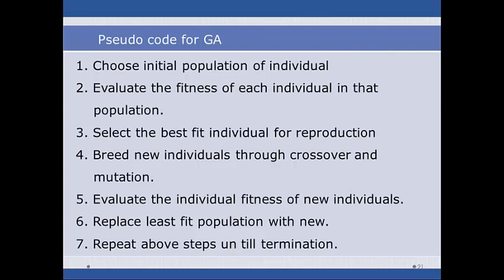If we are not getting a better solution, then we will go for the crossover. In this crossover, we are altering the properties of some part of the string of the parent, let us say mother and father, or parent A and parent B. Some part is swapped, or crossed over, and we get a new offspring. If we are still not satisfied, then we go for the mutation. Through the mutation, we are changing the positions of the genes in the string, and we are changing the solution. In this way, we go for the genetic algorithm. This is the pseudocode. We will go into detail in the next slide.